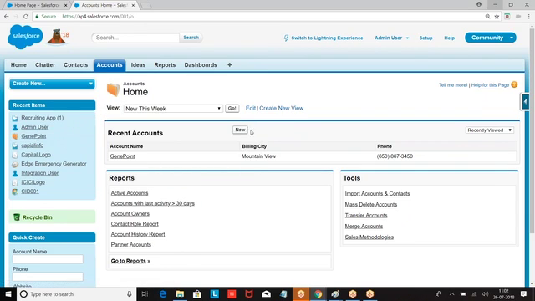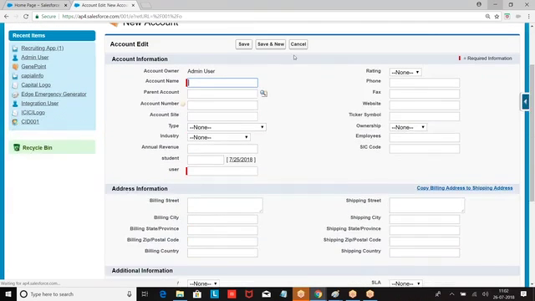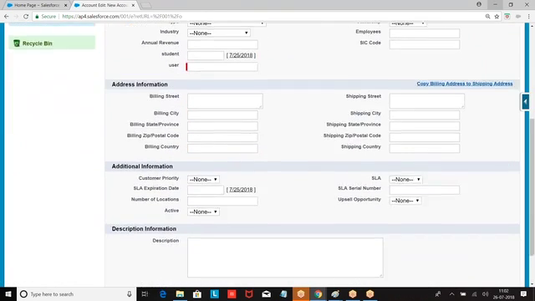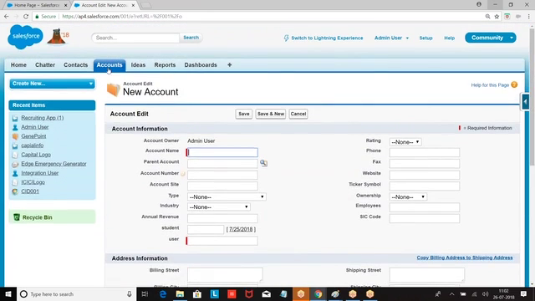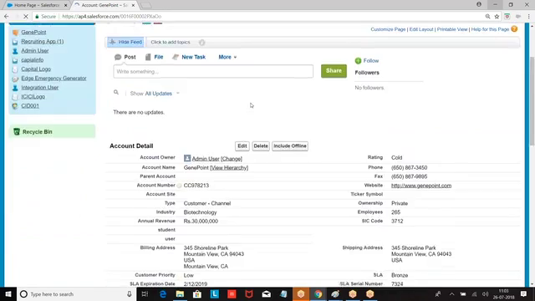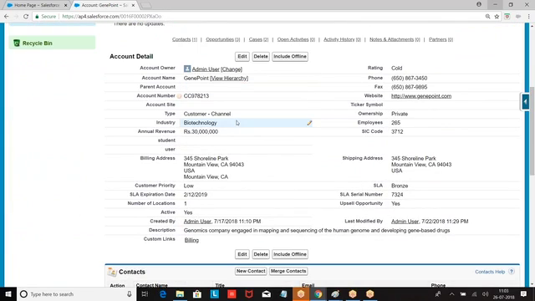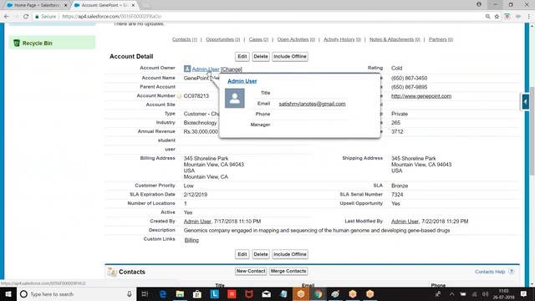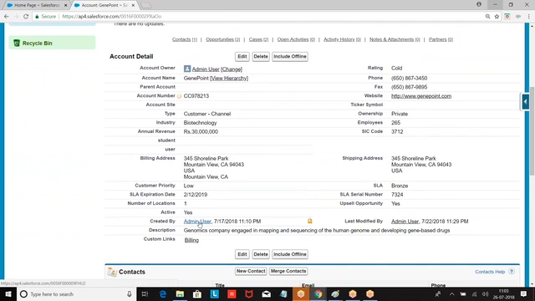Now, when I click on this, what are you finding here? It is called page layout, where we are able to see the complete record. Or else, once I open the record, this is called what? Page layout. Now, when I keep a cursor on this, what is that box called? Mini page layout. When I keep a cursor on this, we are getting a mini page layout.